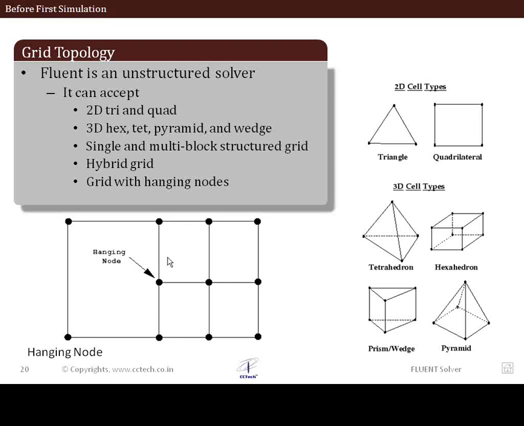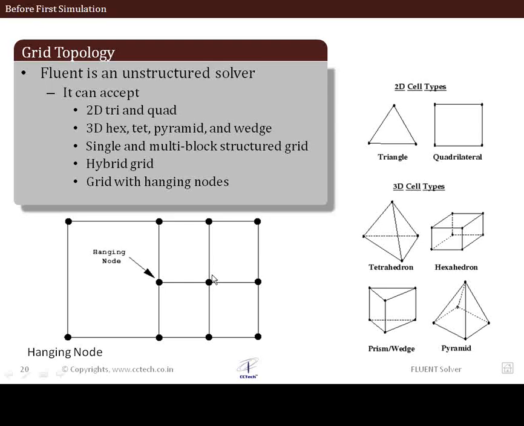polyhedral element. In addition to this, Fluent can also have a hybrid mesh, a collection of tetrahedron and pyramids and prisms and hexahedral elements as well. So it can have a combination of different mesh types. This is no problem for Fluent to solve problems on such a collection of mesh elements. What additionally Fluent can handle, it's a very strong feature of Fluent, is to deal with non-conformal mesh. I'm going to speak about it more in detail, but one kind of non-conformal mesh that you can see here is